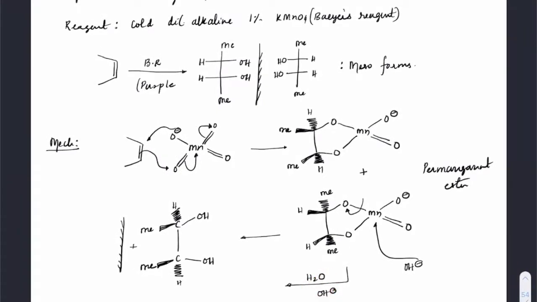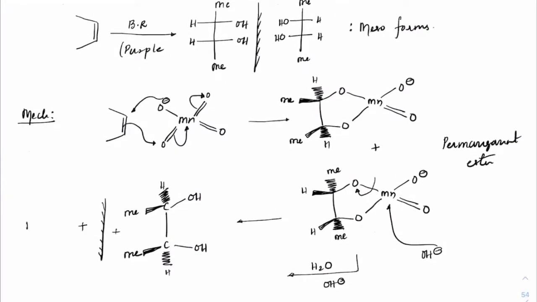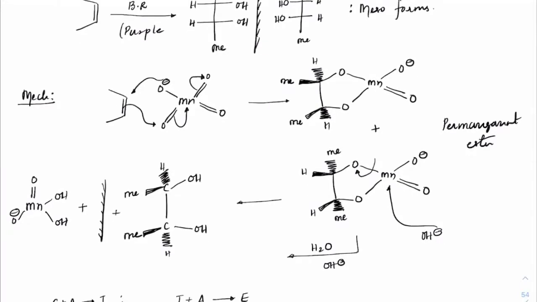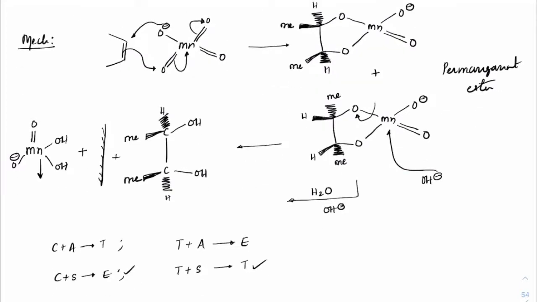The solution is helping this manganese to come out, and both of these O minus are fetching this H plus, and they are becoming OH. The manganese becomes Mn with a double bond O and O minus present, and two OH groups coming on it, right? This way. Clear, beta? So one OH minus one time, the other OH minus the other time. So this 2 OH minus can also be written as H2MnO4 minus, right?